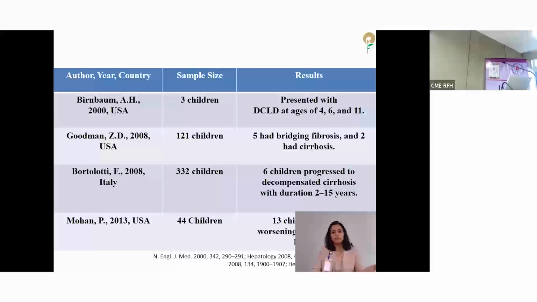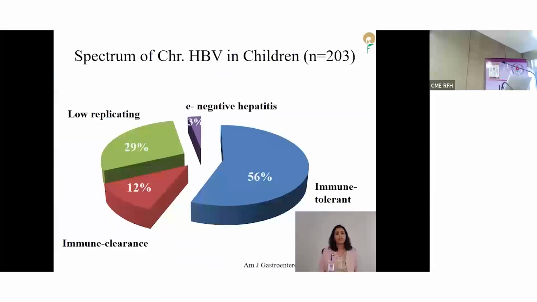So we have young children also who show fibrosis, who show cirrhosis. There have been even 9-year-old children coming with hepatocellular carcinoma, children who are not suffering from hemoglobinopathies. So of course, for children who suffer from hemoglobinopathies, we have to be extremely cautious. And this is the spectrum of chronic hepatitis B. If I have 100 children, how many of them are likely to be immune tolerant, taking into consideration the age at which they got the infection and the age they are now? All these factors make us understand that the majority of the children